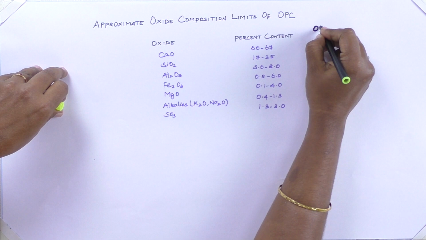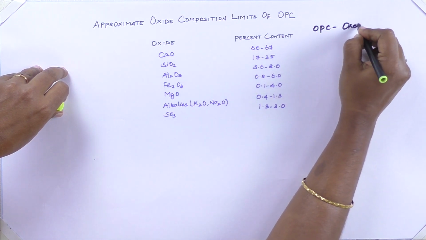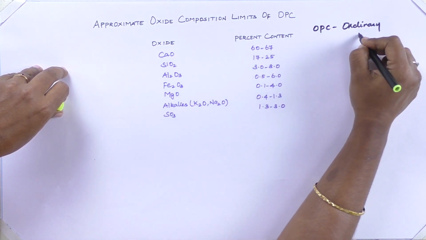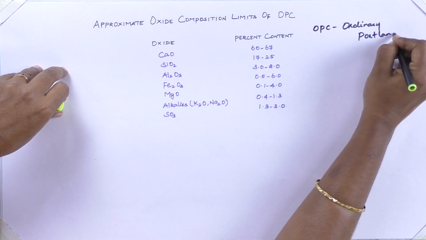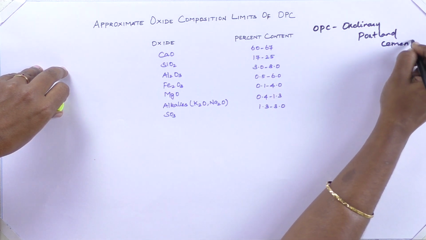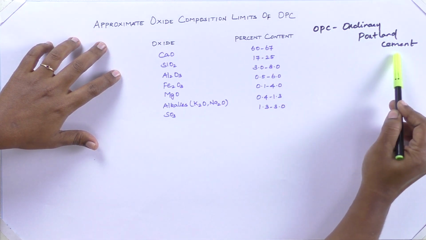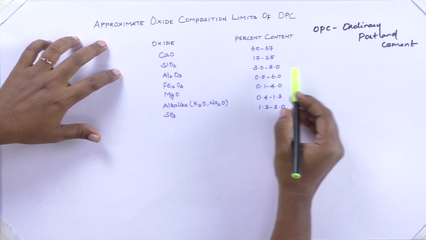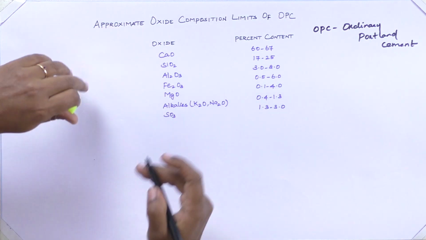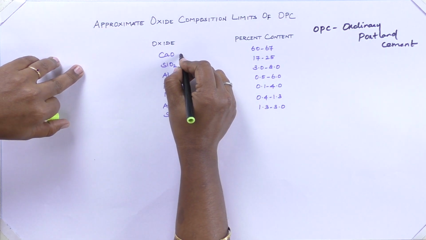That is, OPC is nothing but Ordinary Portland Cement. The approximate oxide composition of ordinary Portland cement consists of CaO, which can be termed as C,